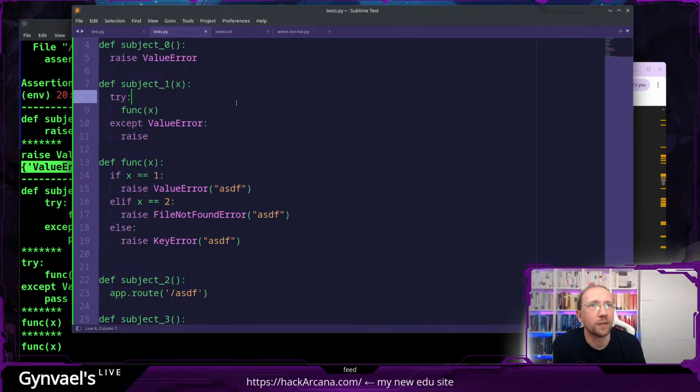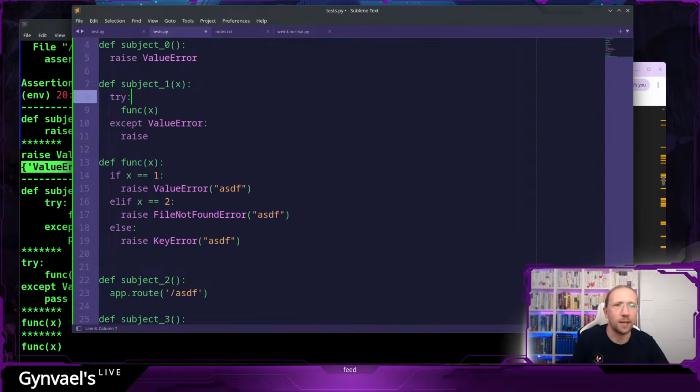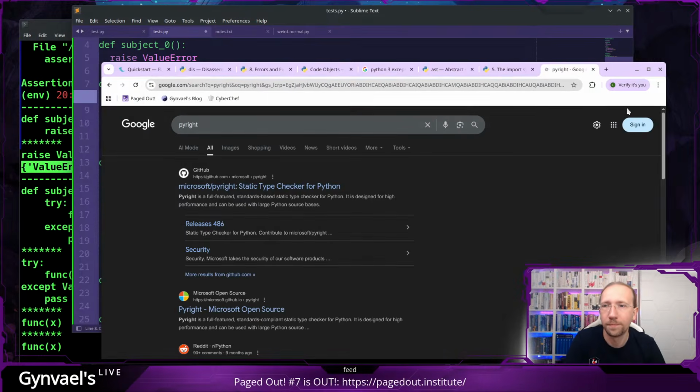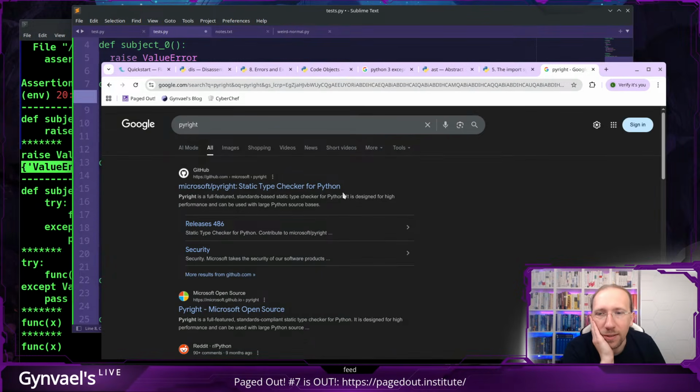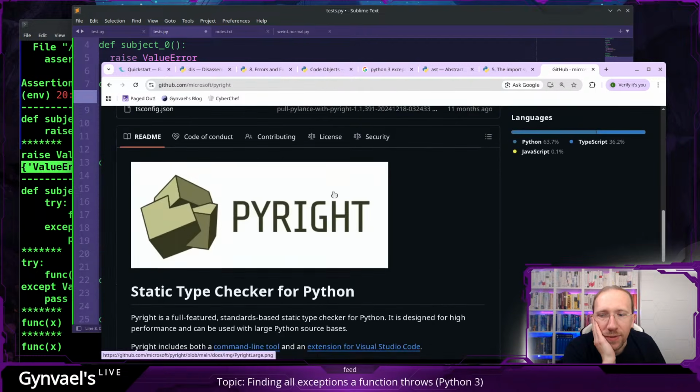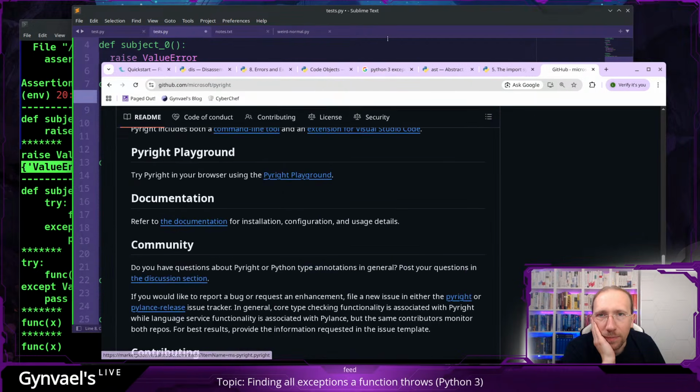Think about using something like Pyrite. What's Pyrite? I don't know what Pyrite is, actually. Oh, it's a static type checker for Python. Okay. It's a static type checker. Well,